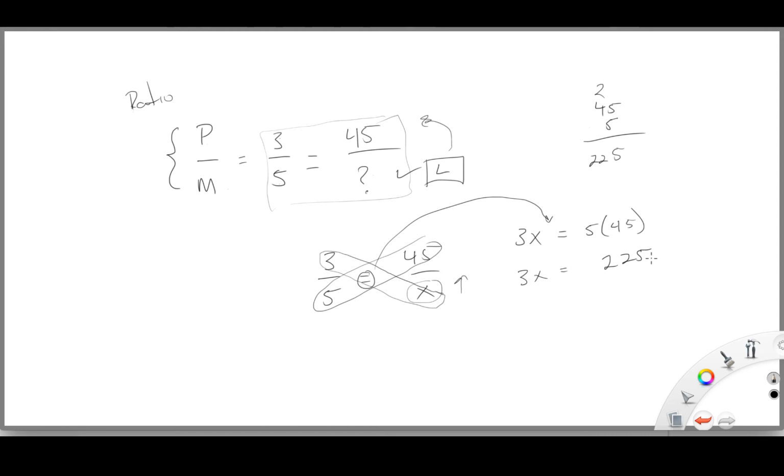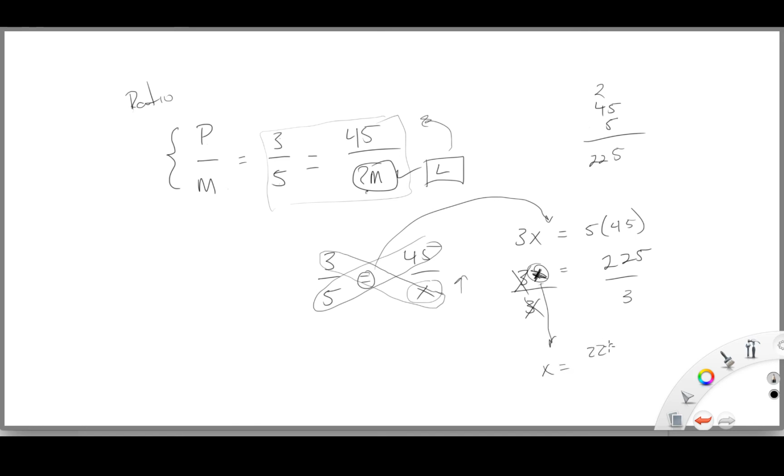225. Now, if you look on page 376, you're going to see the same thing. What they did was, instead of using x, they used m, because they said, okay, we want to know how many macaws there were. I used x just because it's an easy variable to put in, but the algebra to get x by itself is the same. So how do we get x by itself? Well, we're going to divide both sides by 3, and when we do that, this crosses out, and I'm left with x